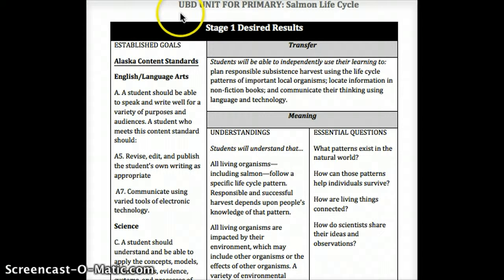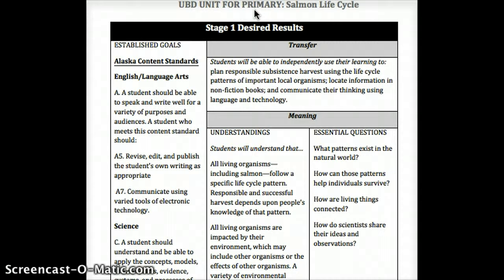As I've noted up here, this unit is designed for students in the primary grades, so first, second, third graders. I specifically designed this unit for the second graders I was working with while I was student teaching this semester. This was a group of kids with moderate computer experience. However, throughout this presentation, I'll point out ways that the unit could be adapted for a different group of primary